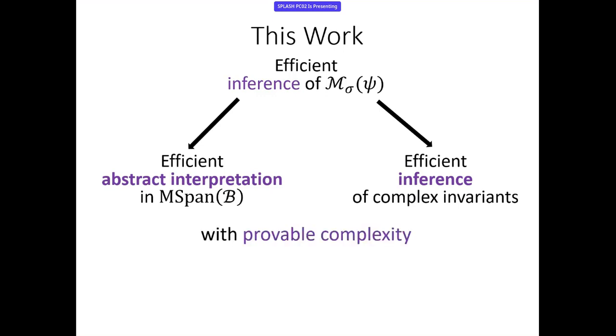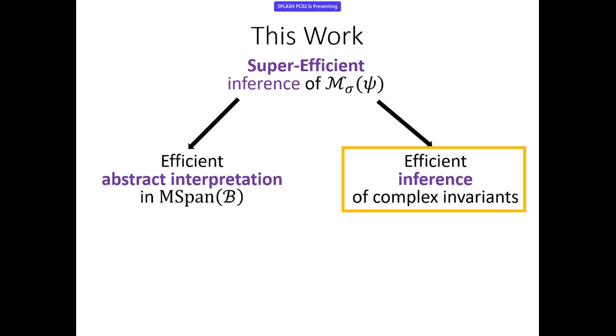And both these algorithms have provable complexity guarantees for the number of SAT calls they require before they converge to an inductive invariant. So this is what we're going to do today. Actually, both these algorithms rely not on just an efficient way of computing monotonizations, but on a super efficient way of computing monotonizations, one whose complexity supersedes the complexity of Bshouty's original algorithm. And this, again, is possible because we're in the setting of invariant inference and not of learning, so we have the full power of the SAT solver at our hand.